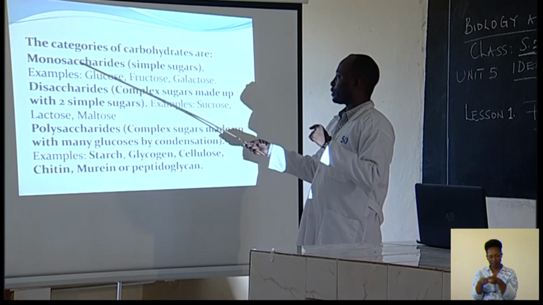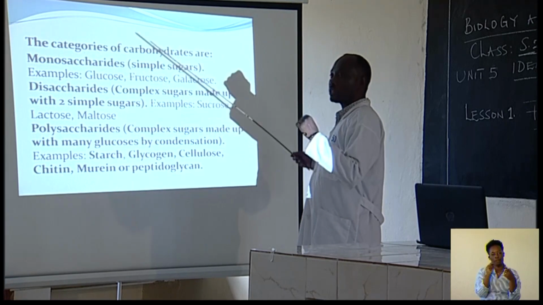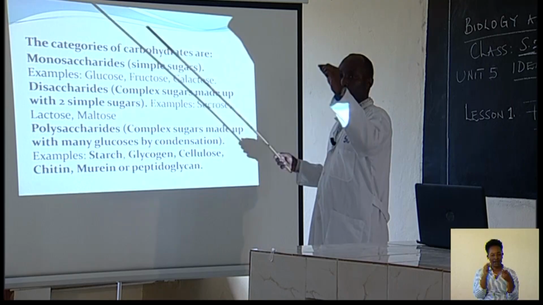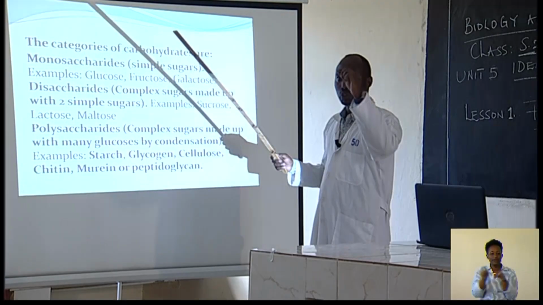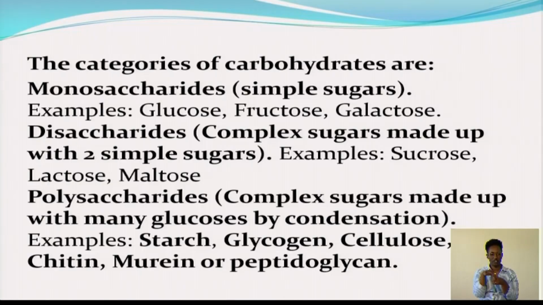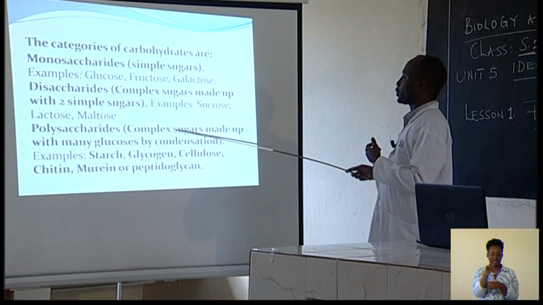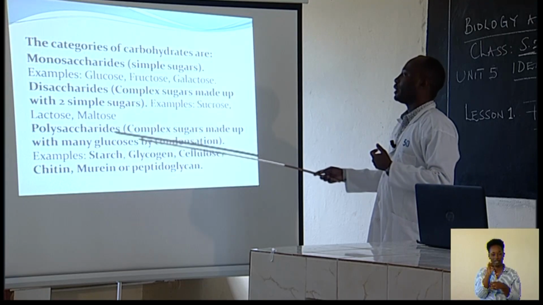We have monosaccharides. Monosaccharides are simple sugars. Disaccharides are complex sugars, and they are made up of 2 molecules of simple sugars. We have polysaccharides, and polysaccharides are also complex sugars, and they are made of glucose